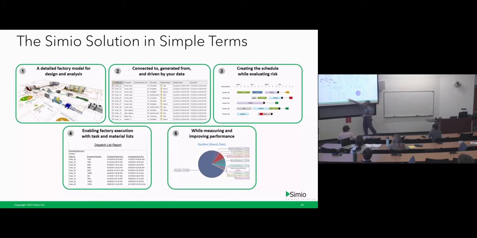Enabling factory execution. So we looked at this dispatch list, and the basic idea is when I generate a schedule, I'm giving the dispatch list to the various people. So you would generate a schedule for Abby Electronics, and you'd give the dispatch list to the kit. You give the dispatch list to assemble 1, assemble 2, or I guess we had 2 assembles, finish 1, finish 2, finish 3, package, and each one has their own dispatch list, and so they are going to work to that list. Okay, and so that's the execution part. And then again, while you're doing all that, you're measuring performance through the metrics that are of interest to you.